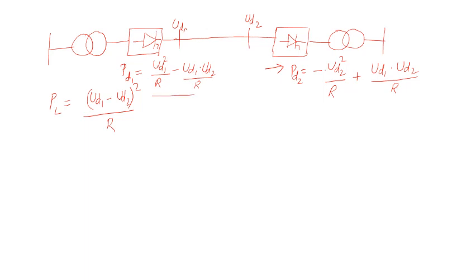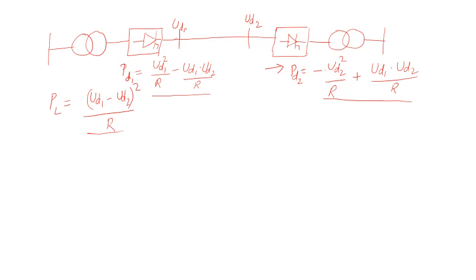In the last class we discussed the power flow equation at the rectifier side, and we derived this equation. Similarly, we derived the power flow equation at the inverter side. Then we derived that the loss in this DC link will be the square of the difference of the voltages. We derived this formula for loss also. Today we'll extend that section of power flow equation and derive some more things.